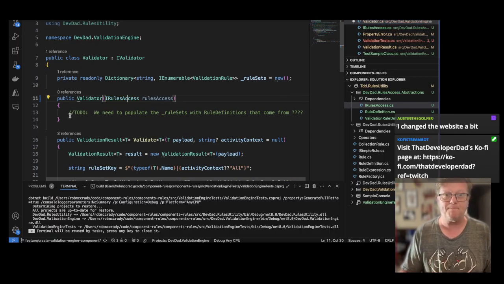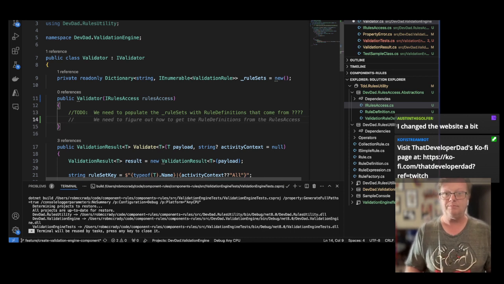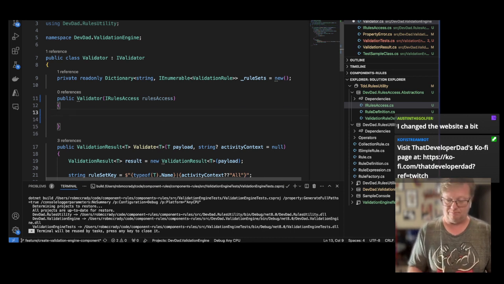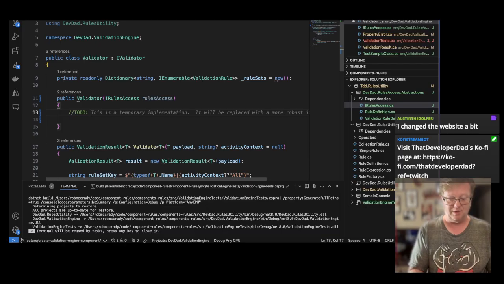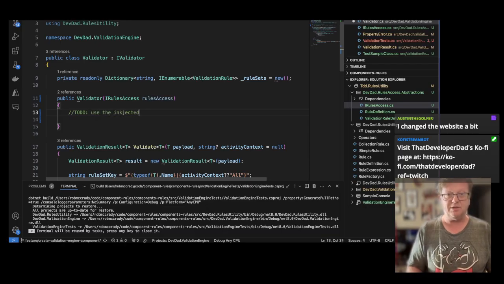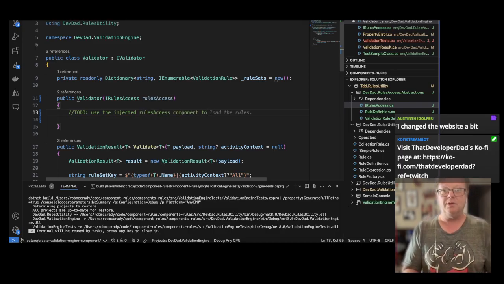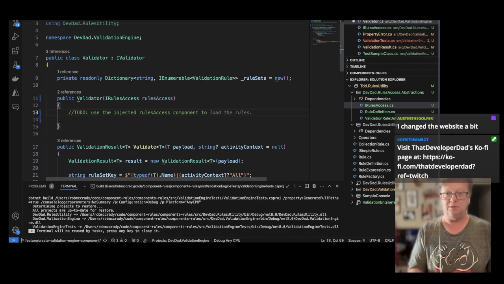There's that. And we can change our to-do. Use the injected RulesAccess component to load the rules and populate